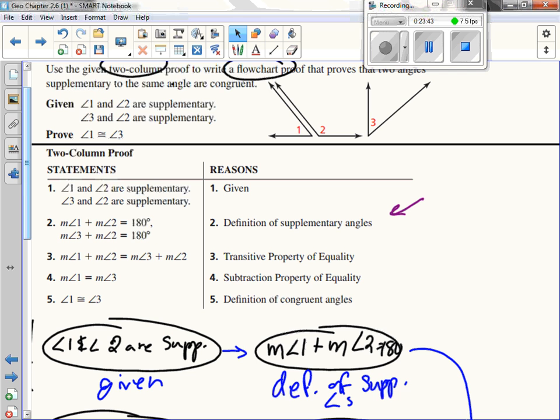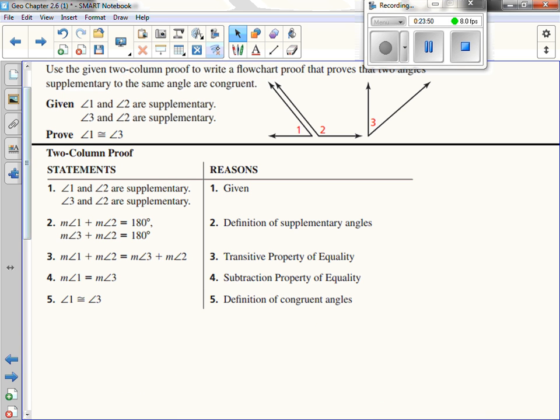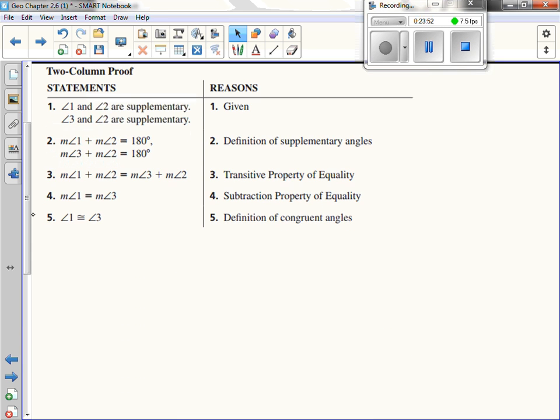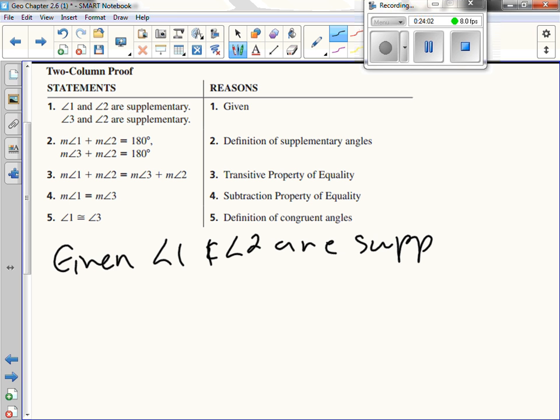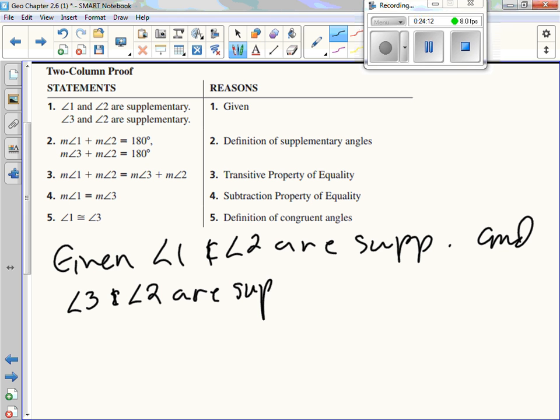Now, there's also a third type of proofs, which is a paragraph proof. A paragraph proof is pretty much saying: given angle 1 and angle 2 are supplementary angles, and angle 3 and angle 2 are supplementary angles, then